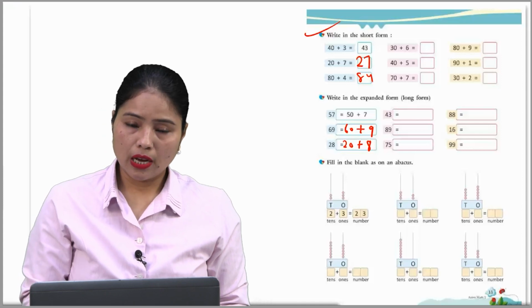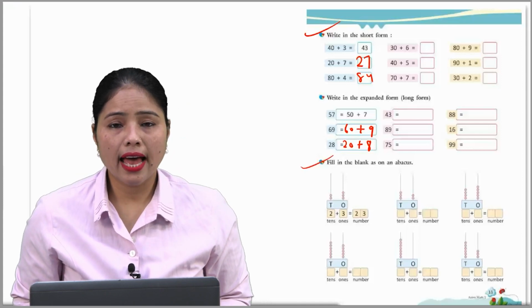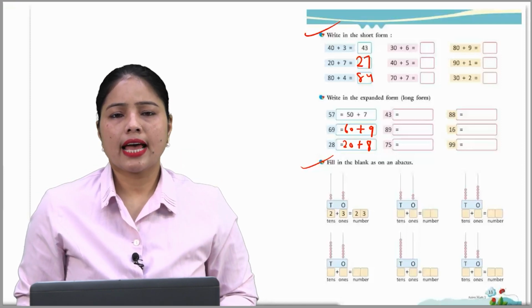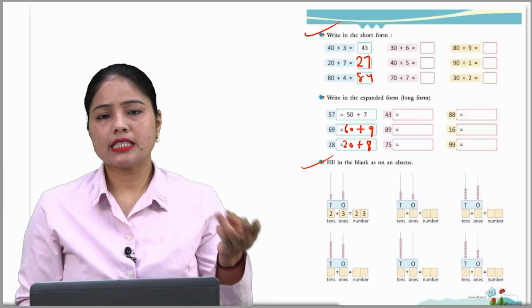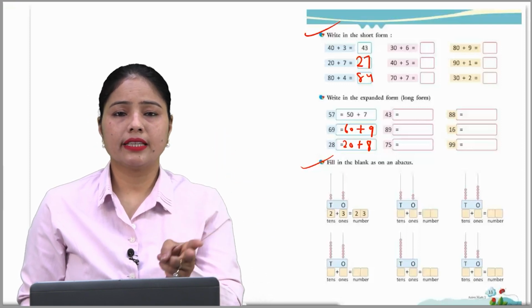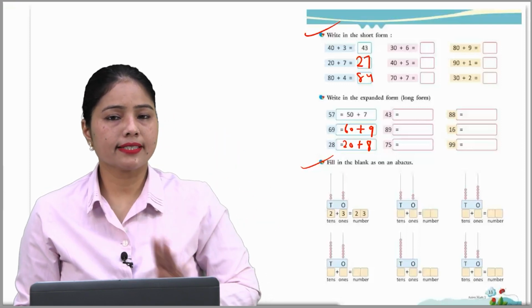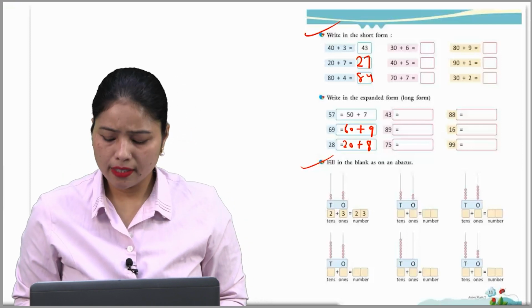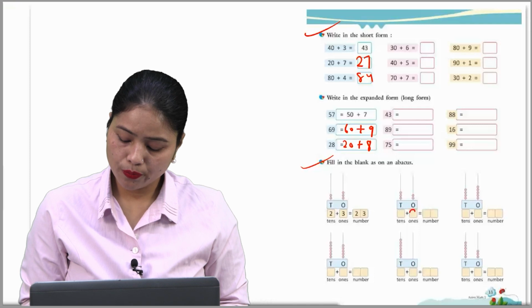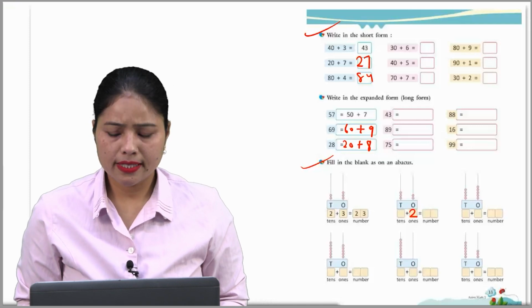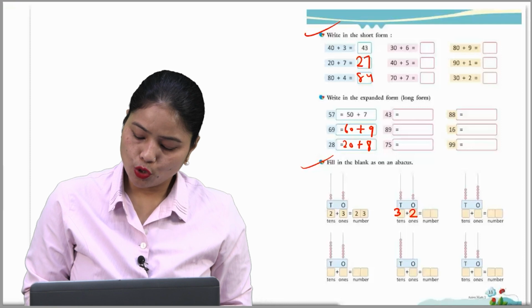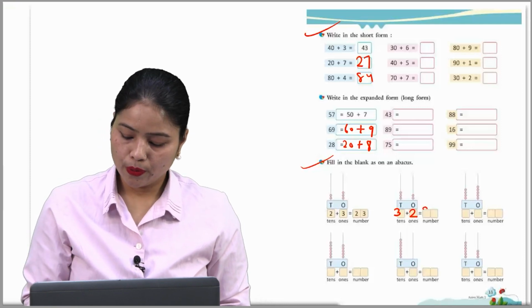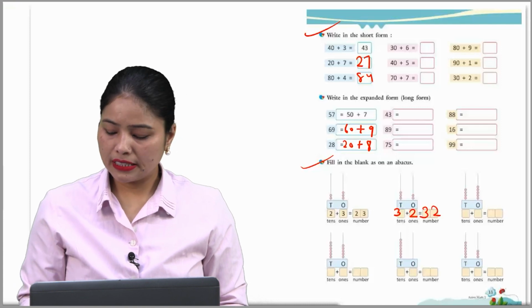Okay, so now next is filling the blanks as on the abacus. So this is abacus. How many beats at one place? 3 beats. On tens place 2 beats. So 2 plus 3, that means 2 tens plus 3 ones makes number 23. इसी तरीके से वंस के प्लेस में how many beats are there? 2. So write it 2. On tens place, how many beats? Exactly 3. So we can say that it becomes now 32. Okay, so this is how we have to fill the other one beta.